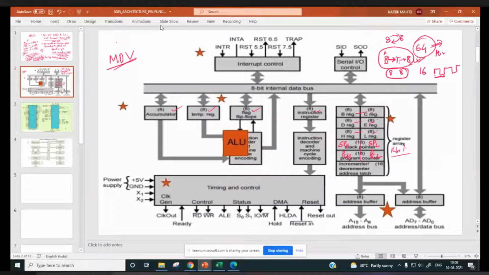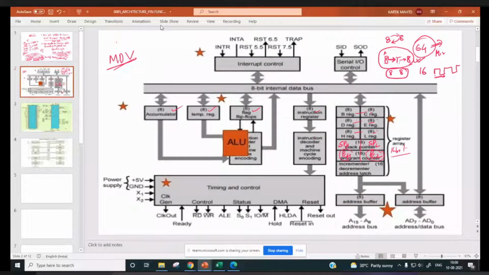So you should not say the program counter is a single counter having 16 flip-flops. In fact, it is 2 counters. You can divide this 16-bit into 2 bytes.